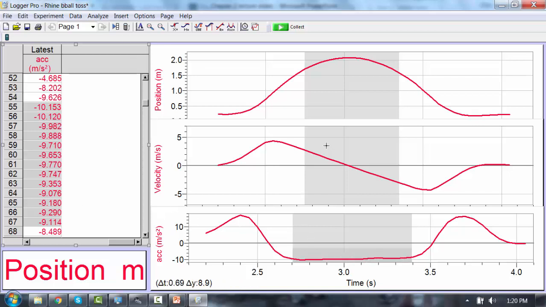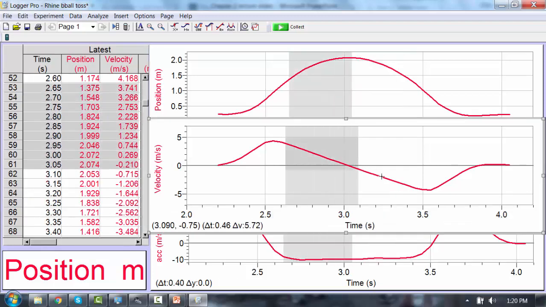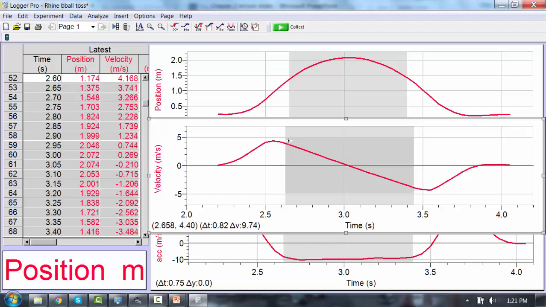On our velocity versus time graph, what do we see here? Well, from here to here, it looks like we've got some sort of linear function, and that's what we expected. We expected once we release the ball, we should have some sort of linear function going on. And so from here to here, what we could do is try to use